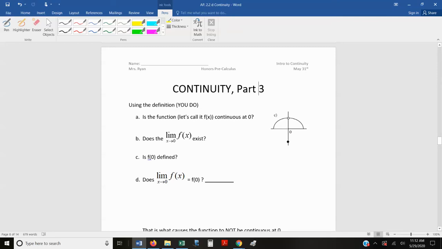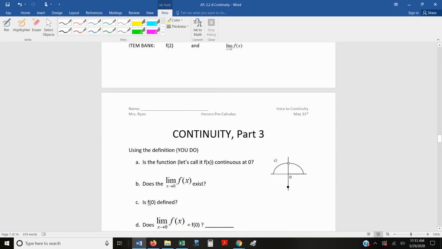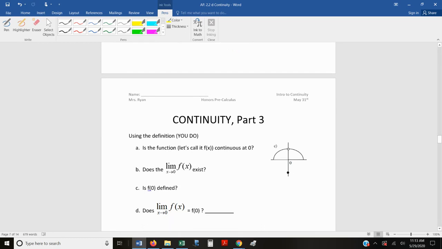Everyone, this is continuity part 3, and we're going to start with some questions for you to answer. The first question is looking at the function here. Do we have continuity at x equals 0? The answer is no. So if you're just using our old definition, when you get to 0, you would be